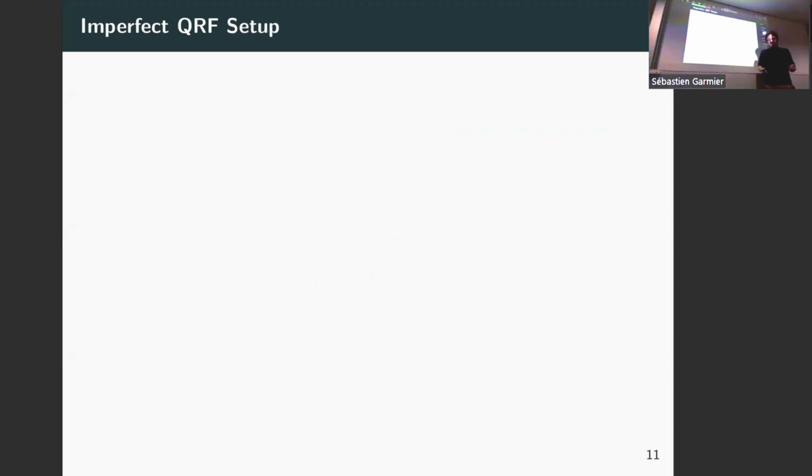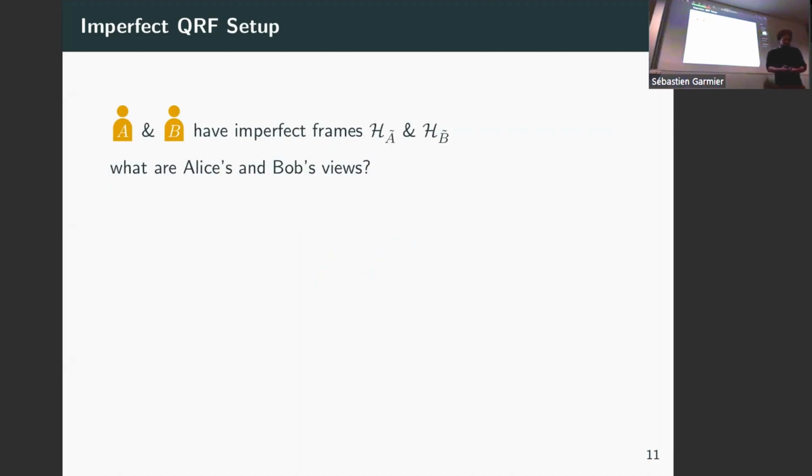Let's try to repeat the thing that we did earlier for perfect frames. I mean, I gave it already away, it's not going to work, but let's give imperfect frames to Alice and Bob. And one thing we can now ask is, we can try to do exactly the same thing we've done. So what would be the view of Alice and Bob if they have imperfect frames? Of course, this being the final big question I want to answer today, we cannot answer it right now. A priori, at least, we don't know. So we need to have some kind of other idea of how to get there.